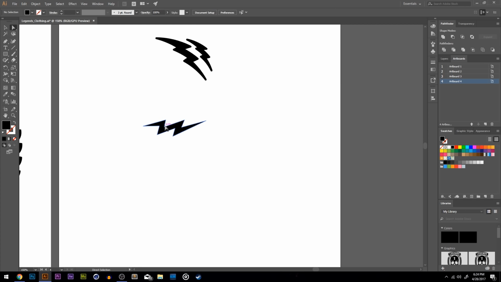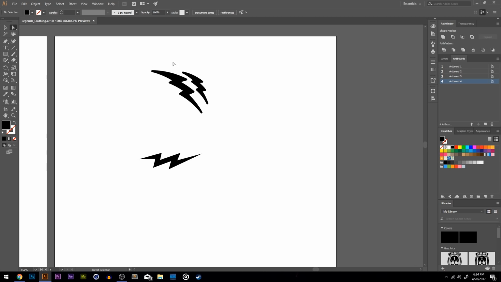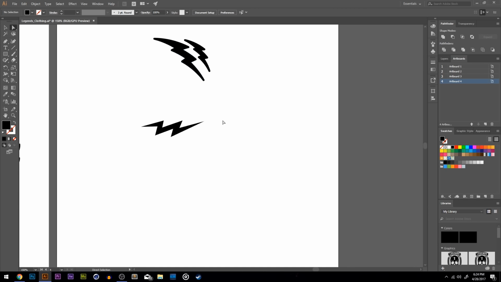So that's fine, I'm happy with this. Now as you can see, mine are rounded more, and I'll show you guys how to do that. So now we have our Thunderbolt set in place, and what we need to do now is add an arc and then round it. But before I add this arc, what I want to do is flip it this way